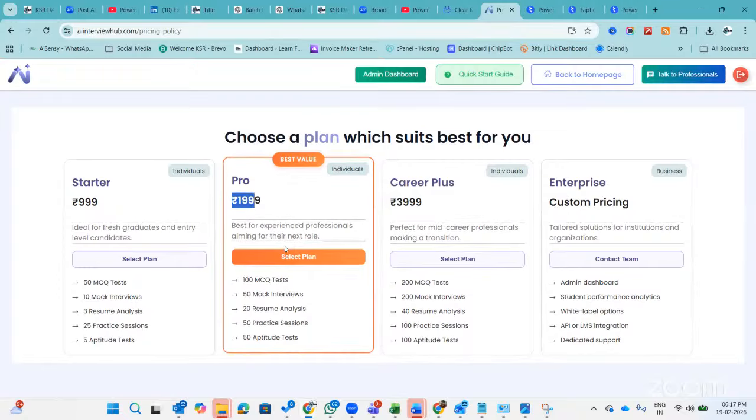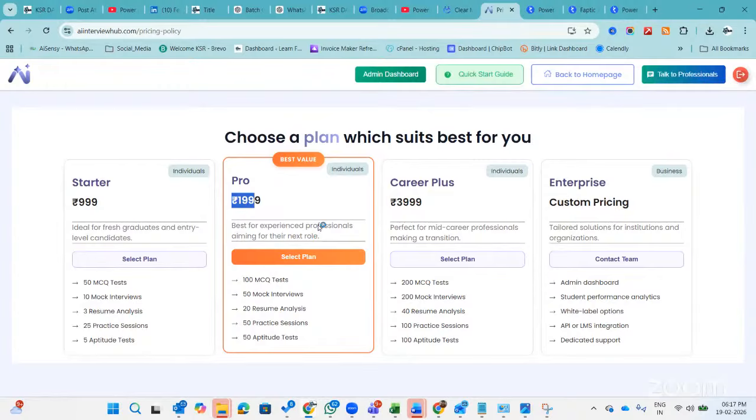Okay, this tool will cost around 2000 rupees in Indian currency for outsiders of KSR students. If you are already a KSR student, you will get it at 199 Indian rupees, which is hardly around $2.